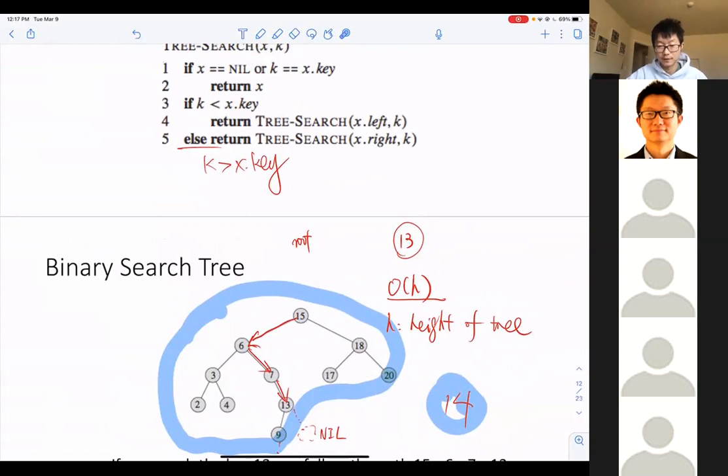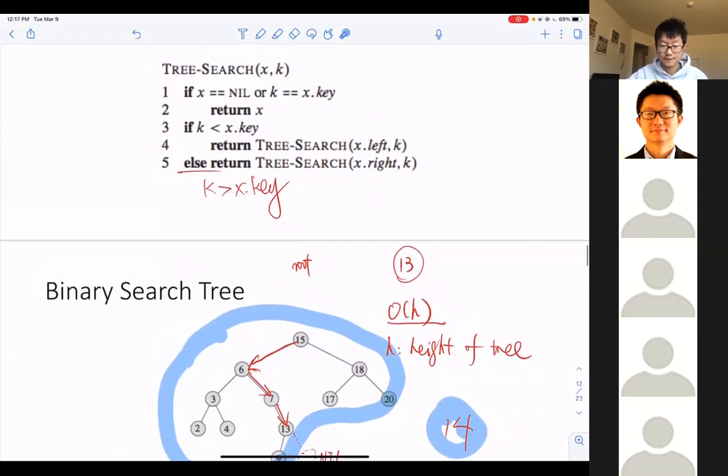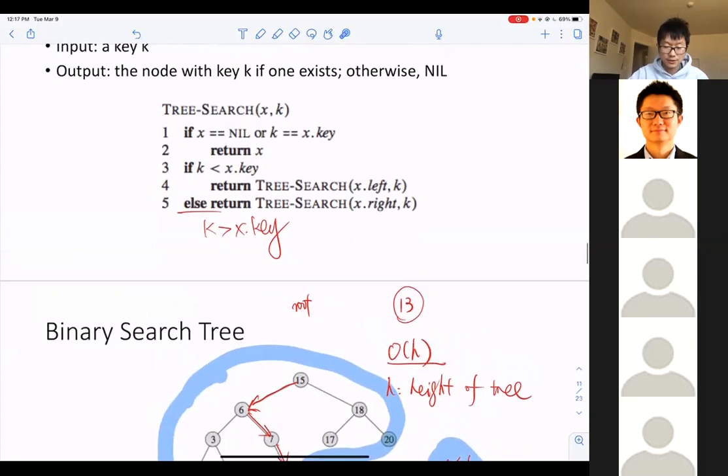Okay, and if X holds the value that you want to search for, feel free to return X. You already find it, right? Yeah, that makes sense now. Thank you. Okay, so here again we can say that this is a recursive function, because this function is calling